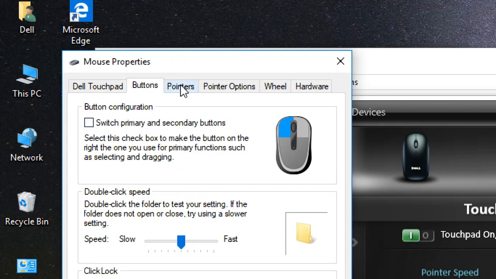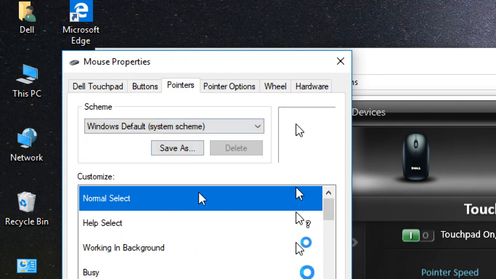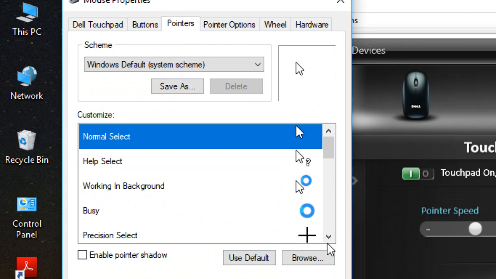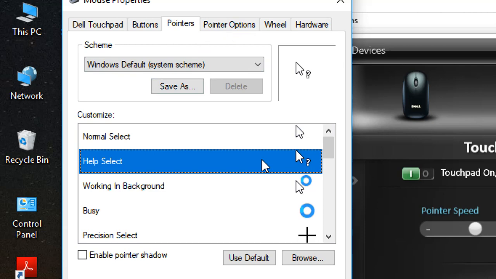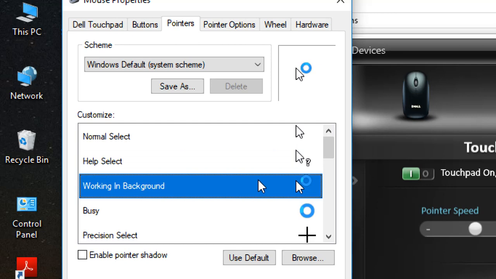Now the pointers, about the pointer. So go to the pointer option. There are a few pointers and the meaning of each pointer. Normal selection. You know, I am clicking on the pointer option. This type of arrow is there. Help selection. If the help selection is there, the pointer will come with a question mark. Work in background. If you open anything, you can see this type of arrow comes and this type of circle also, which keeps going and going.